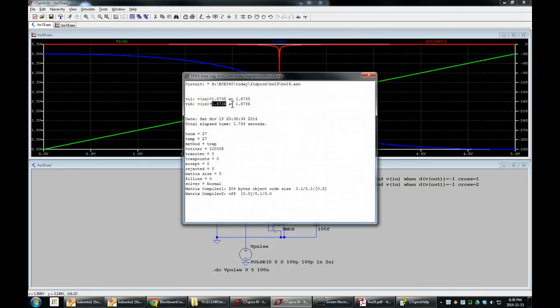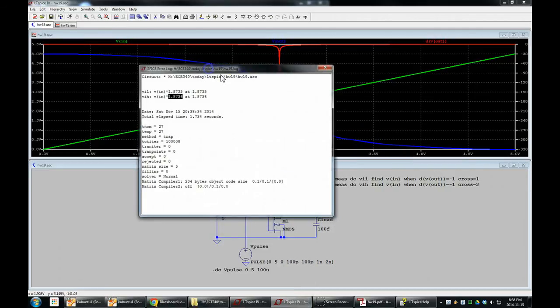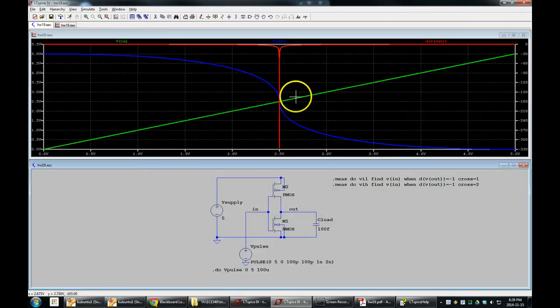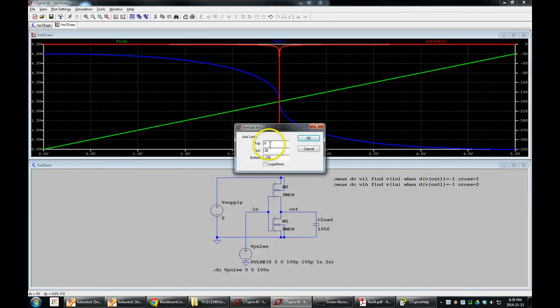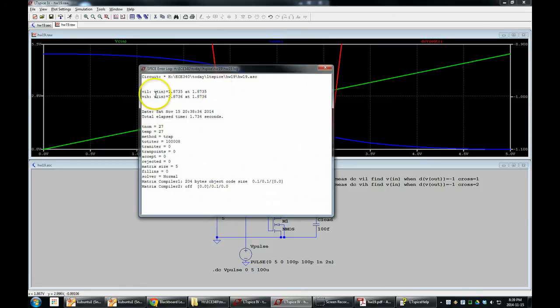Do you see how it's the same number? It should be over here. It should be 3 volts or something. 3 point something. Why is that? I'll show you why. In our zealousness to get zoomed in here, we're going to show this from -0.9 to -1.1. We're going to really zoom in to this crossing of minus 1. You see that? So this was Control L again. It was at